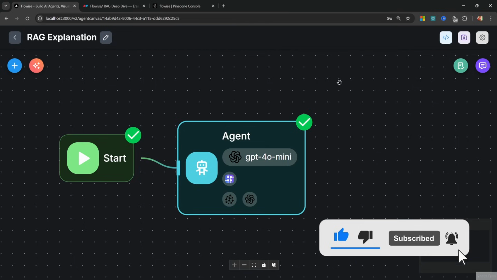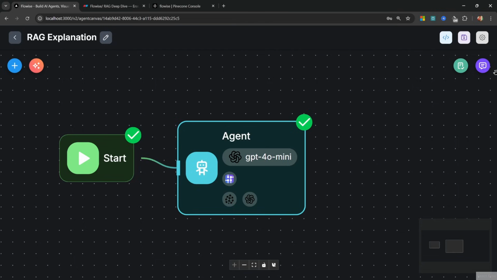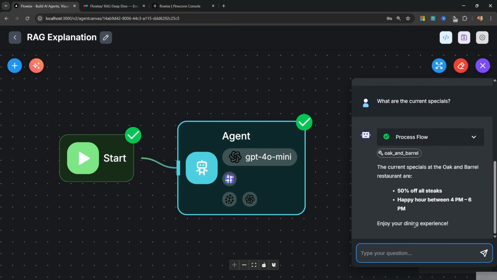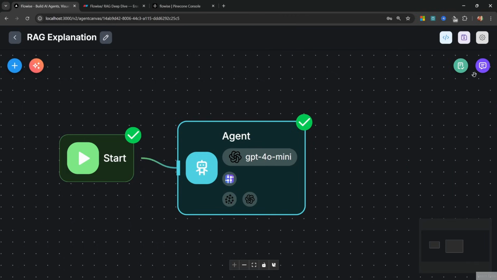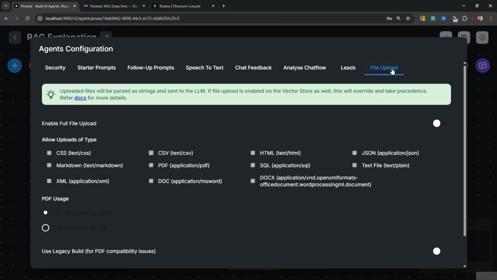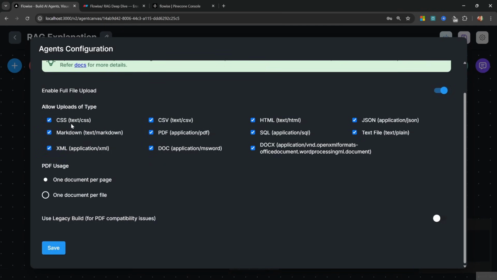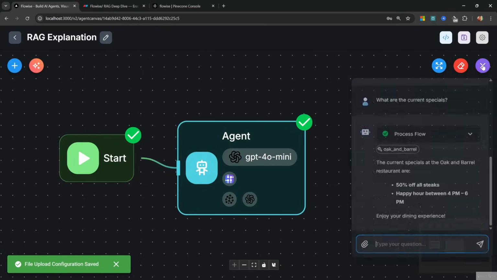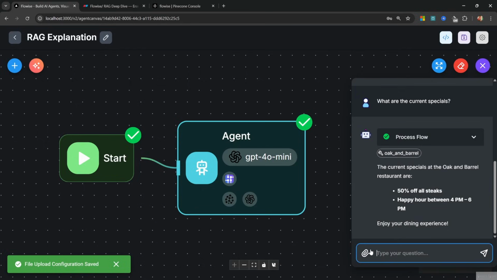Now, enabling file uploads in the chat window itself is super easy. At the moment, we don't have the option to do so. So what we can do is go to Settings, Configuration, File Uploads, Enable File Upload, and here you can see all the different types of files that you can upload in the chat window. Let's save these settings. And now if we open the chat window, we can see that we are able to